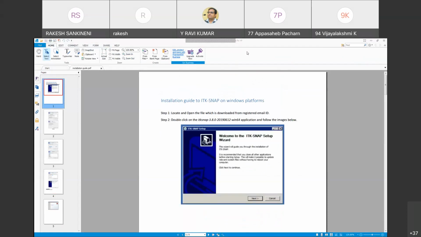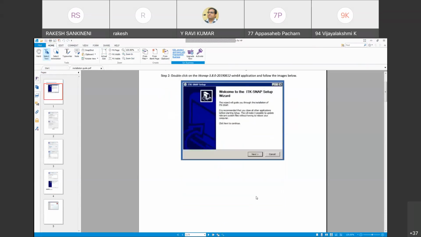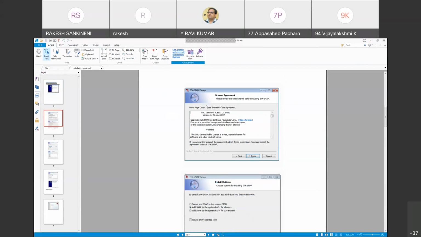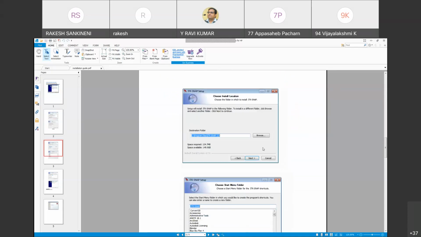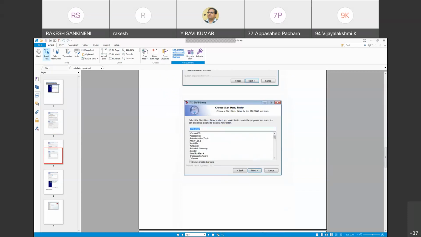Once you click on the software, this window will pop up. After that, click on next, and the license agreement will open. Click on I agree. After that, choose the path for all users and click next, and next again.